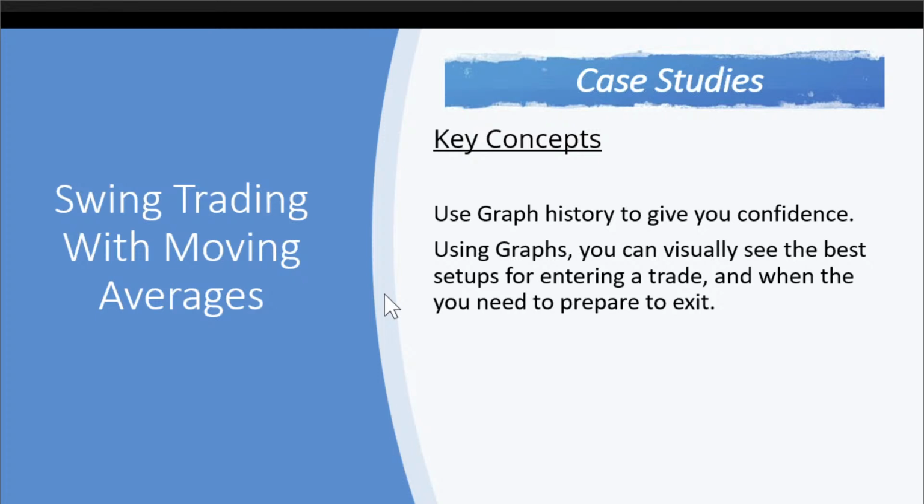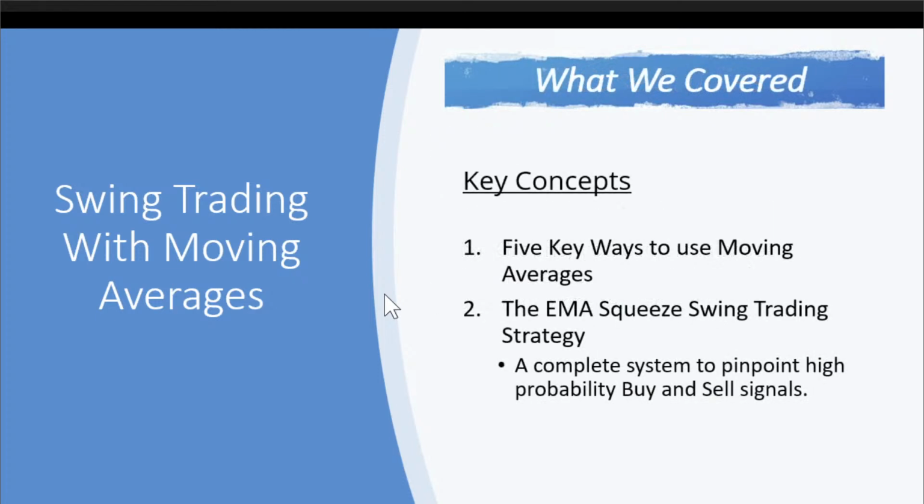That gives you a little bit of confidence: hey, this is how the stock behaved after the previous few setups. It gives you high probability moving forward. Using graphs, you can visually see the best setups for entering a trade and when you need to prepare to exit. So what we covered today were 5 key ways to use moving averages and the EMA squeeze, which is